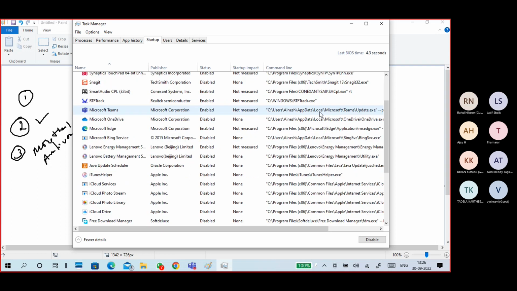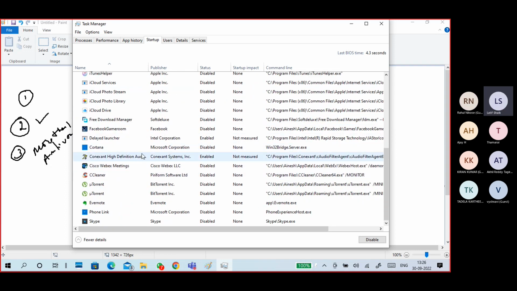For example, Facebook Game Room is disabled. If I open Facebook Game Room manually, it will open, but it won't open automatically. It won't run in the background automatically. Okay, you can disable. It is very small, but very important, that if you are no longer using some